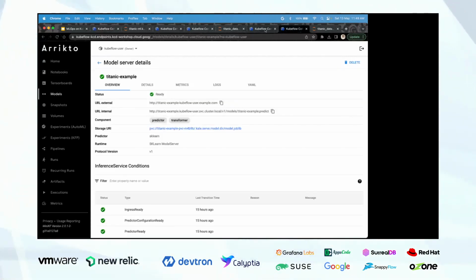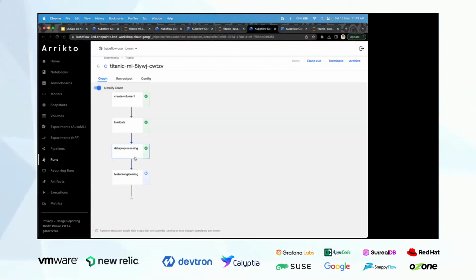Meanwhile, I can see that the data processing part is done in the rectified pipeline. You can see over here that via the YAML file we can upload a YAML file and create a run as well.